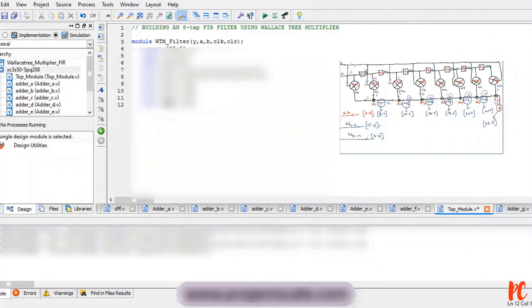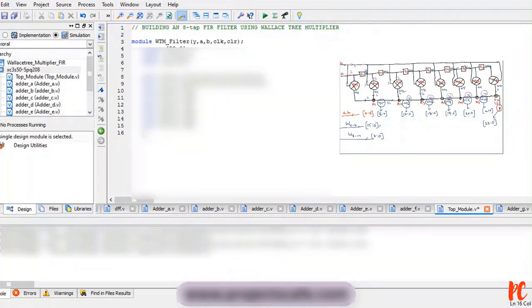Similarly W18, 19 down to 0, W20 down to 0 for W19. Finally W21 down to 0 for W20. We don't need to take the W21 wire because at the end we are going to directly connect it to the output. Okay, this makes my instantiation of wires and ports as well.